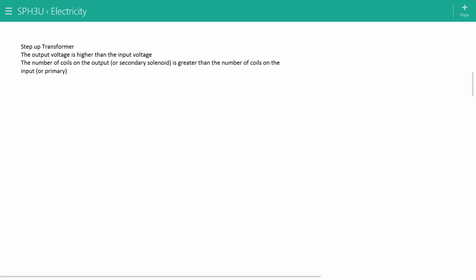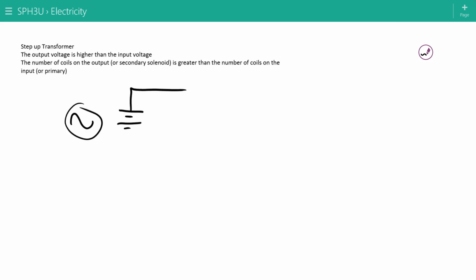What that means then is if we want to create something called a step-up transformer, then if we have some sort of voltage being put in, again I'm using this battery, but it is really an AC source. A step-up transformer wants to have a higher voltage on the secondary coil and a lower voltage on the primary coil. Since these things are directly proportional to the number of turns, what you could do then is you could use a relatively low number of loops or coils on the